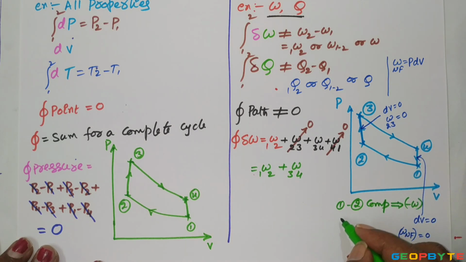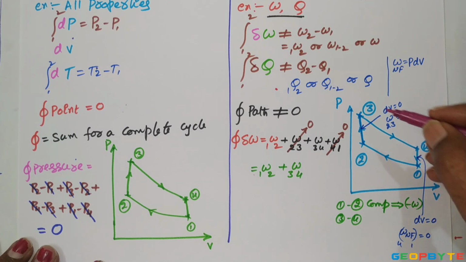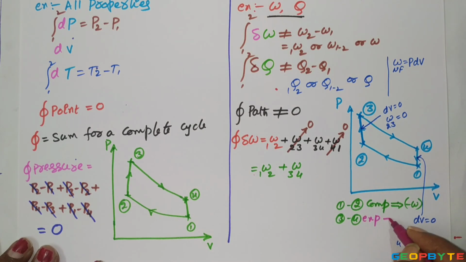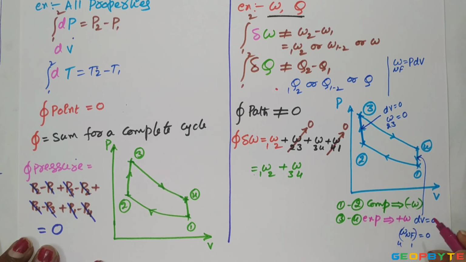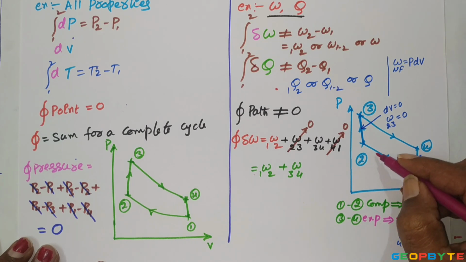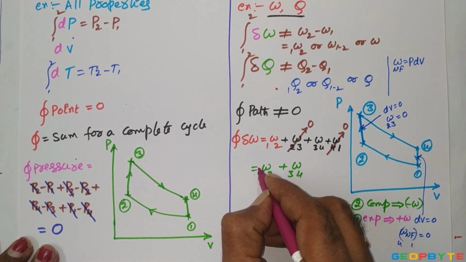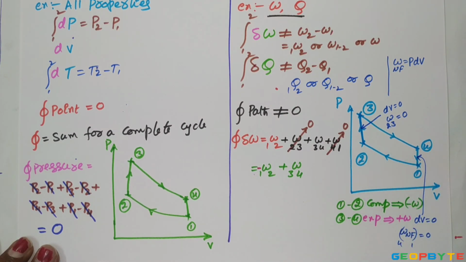But look at the 3 to 4 process. During 3 to 4, pressure is dropping but volume increases. The volume increases due to the drop of pressure only by an expansion process. Expanders come under power developing systems. That means during the 3 to 4 process, practically we can get the work. For the 1 to 2 process, you must supply work to the system. So the conclusion is that this work is negative because 1 to 2 is compression work, and 3 to 4 is positive.